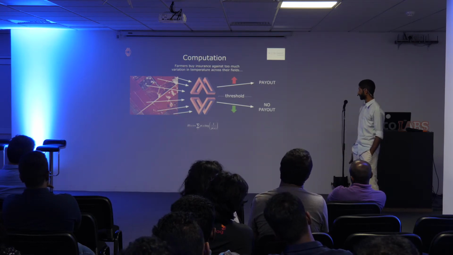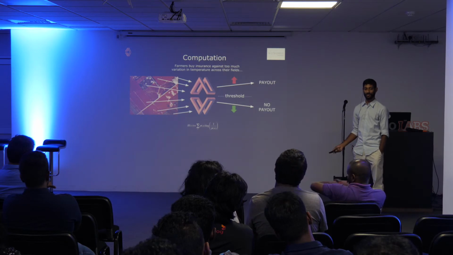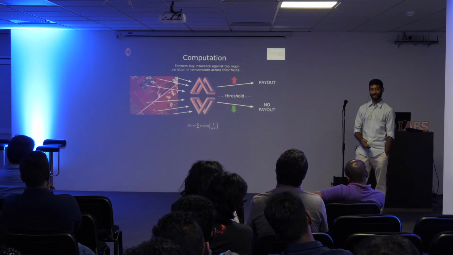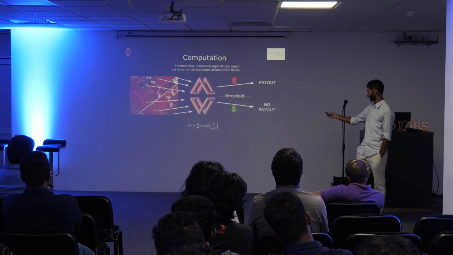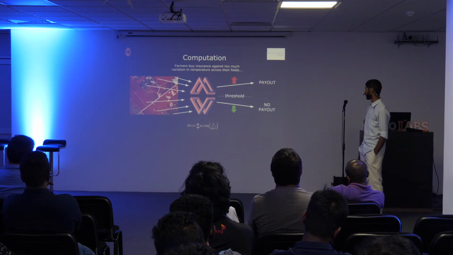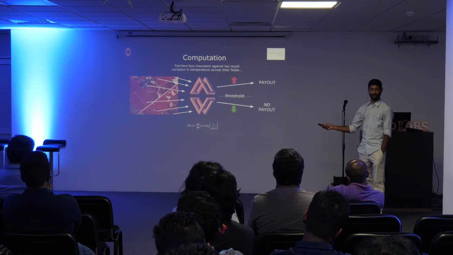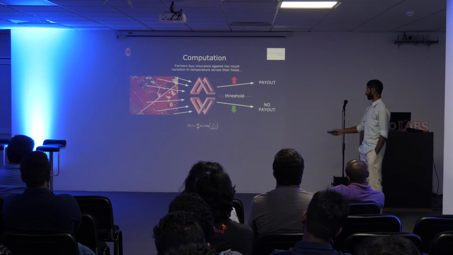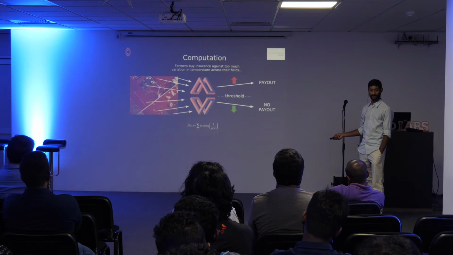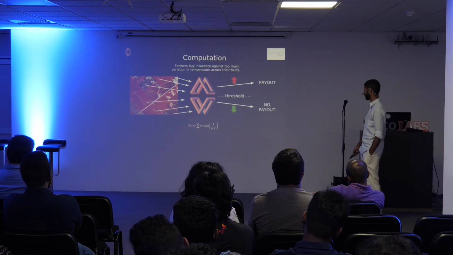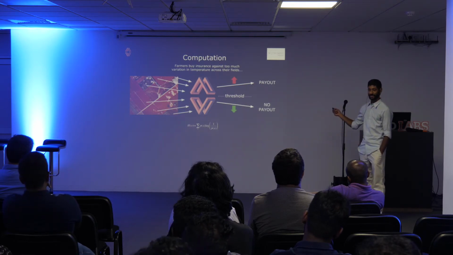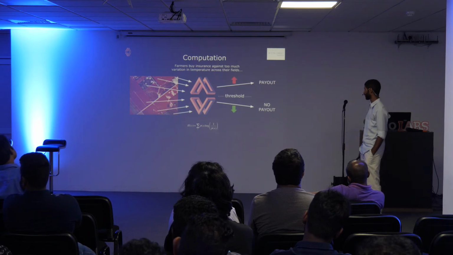In this case, let's say a farmer buys crop insurance, insuring against too much variation in temperature across his fields. In this case, we can basically calculate variation using this Shannon information entropy formula at the bottom. And you have basically millions of data points that you're processing over time. And you really take the burden away from the smart contract developer by only sending when payout is necessary. So if this entropy in the satellite images goes above a certain threshold, then we send the signal to send the payout to the client contract.